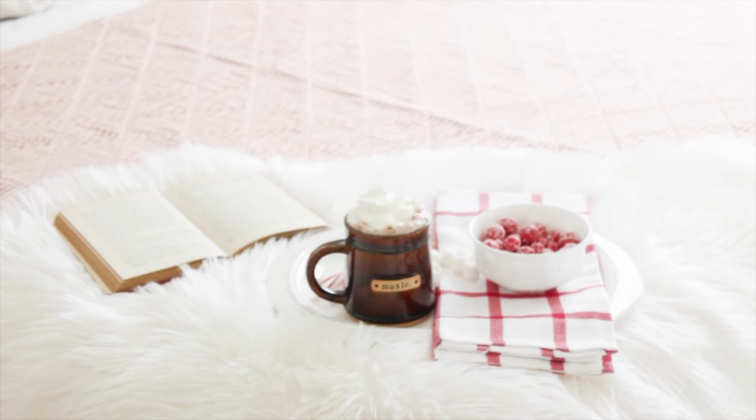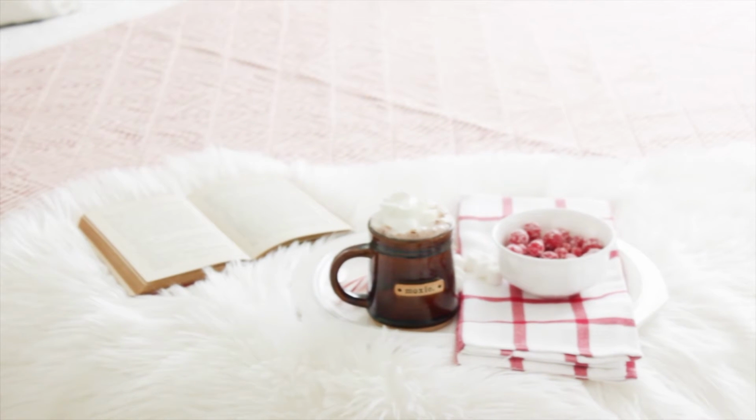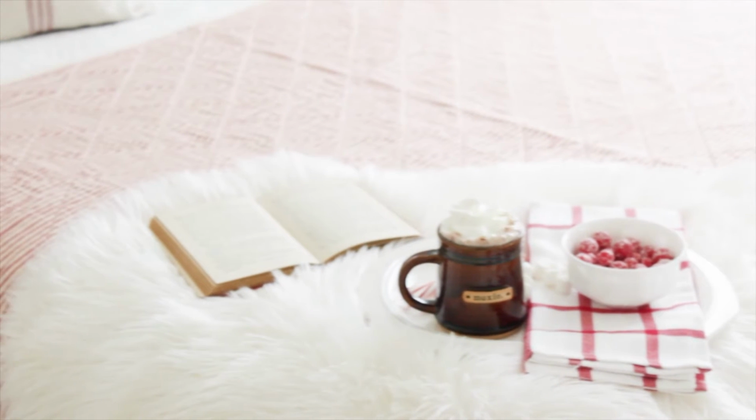The mug you see here on the bed says Moxie, and it's one of my favorite elements in the room just because of the story behind it. It was made specifically for a family named the Lavenders, whose husband, whose name is Derek, was in a terrible motorcycle accident and he became a paraplegic. And this company named Mud Love makes all of these mugs by hand, and they work with different individuals all